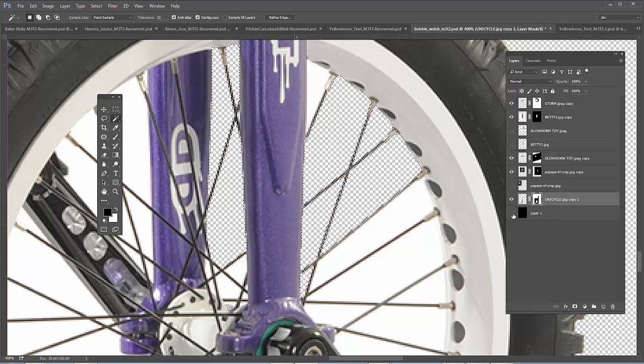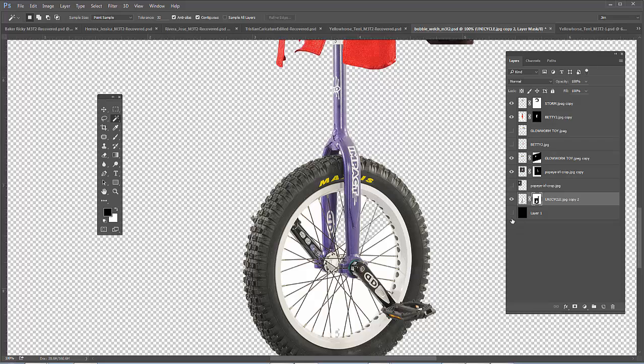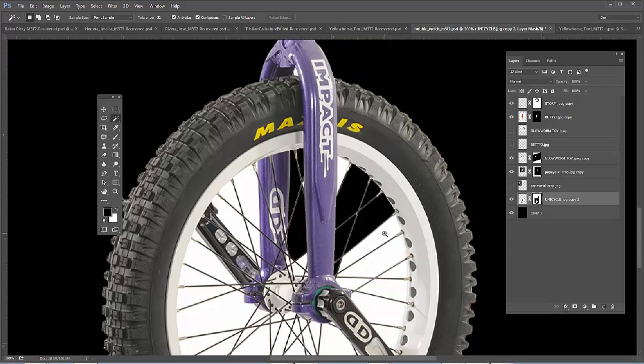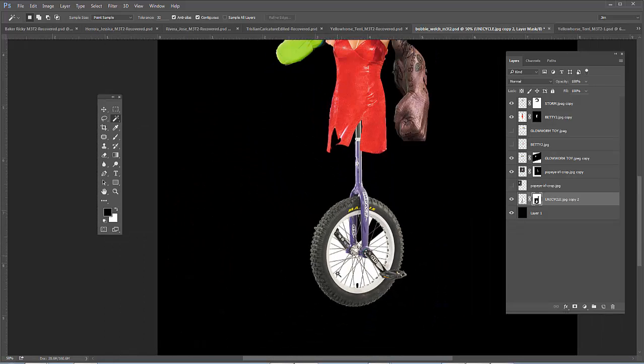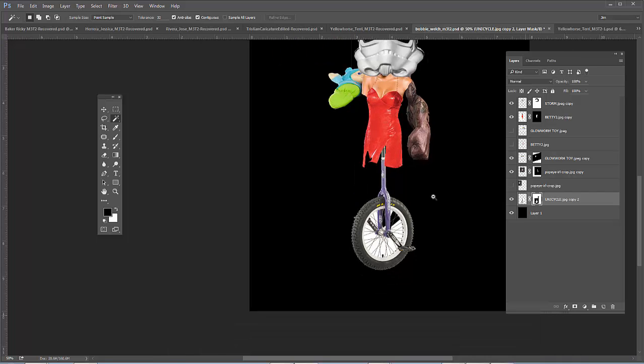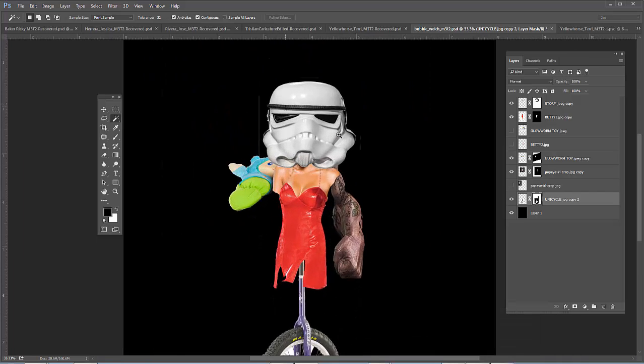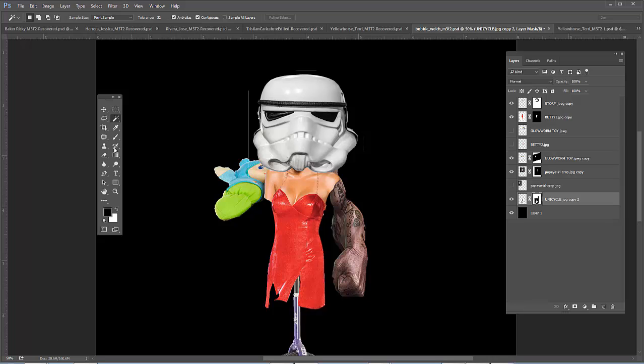You just got to be careful with that, because sometimes if there's not enough contrast, it will pick up part of the inner wheel. You need to be able to see through these spokes, so that when you bring in the background, it's all good. So make those repairs for your